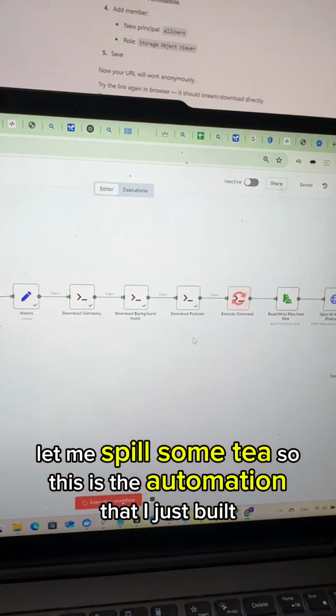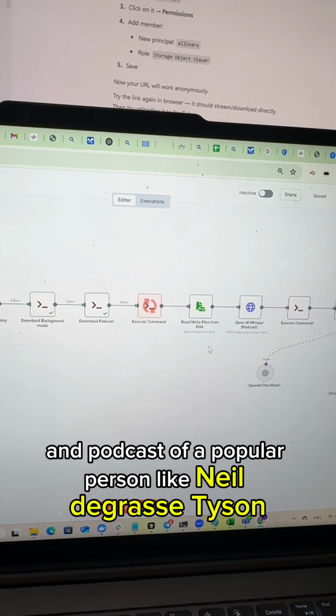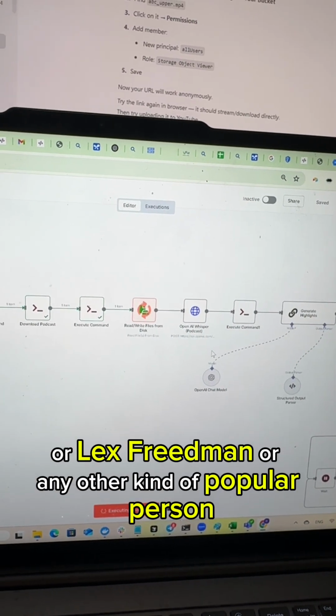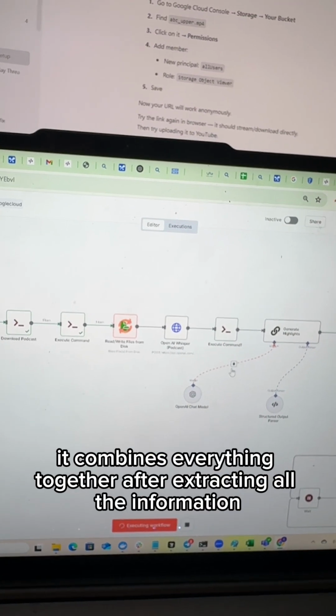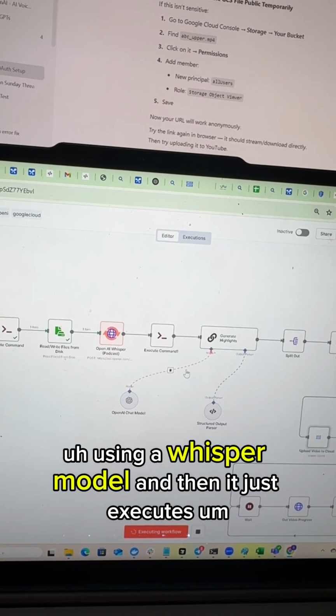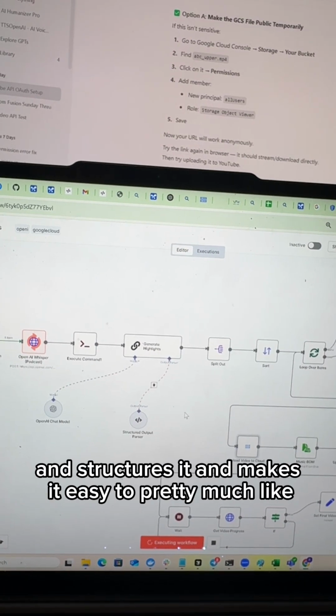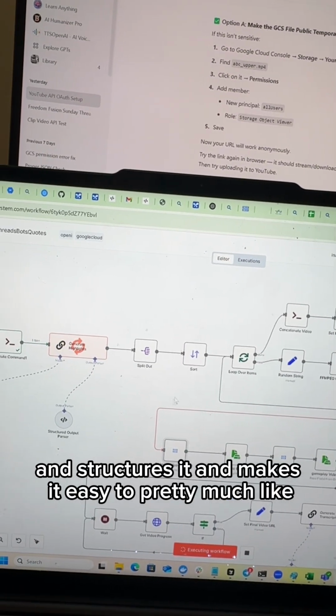So this is the automation that I just built that literally downloads Minecraft gameplay, music, background, and a podcast of a popular person like Neil deGrasse Tyson or Lex Fridman or any other kind of popular person. It combines everything together after extracting all the information using a Whisper model, and then it just executes a command and grabs all the output and structures it